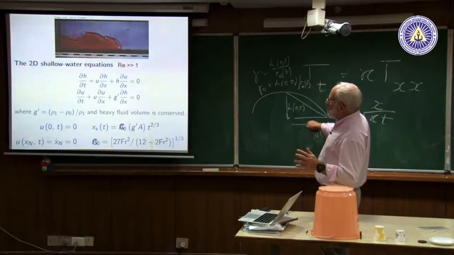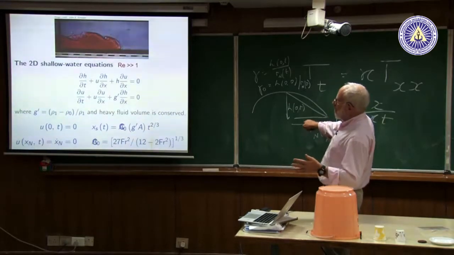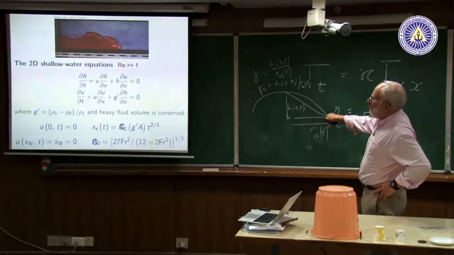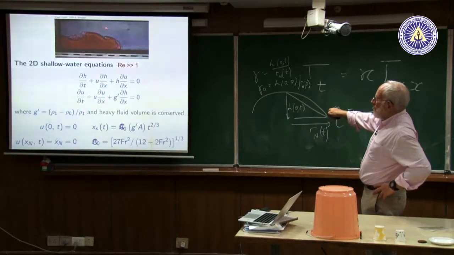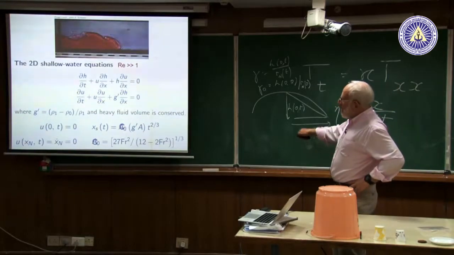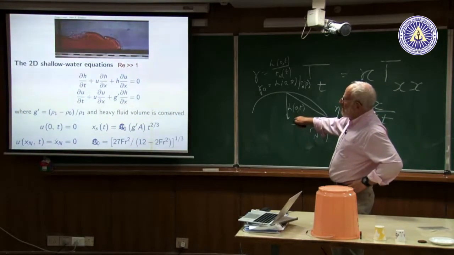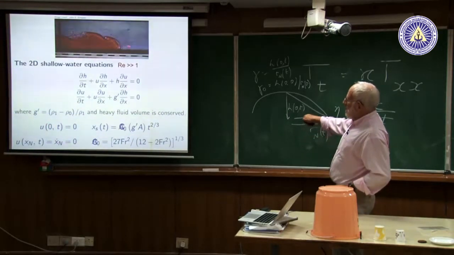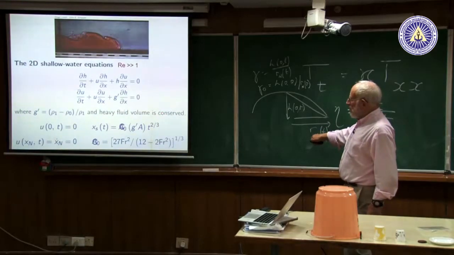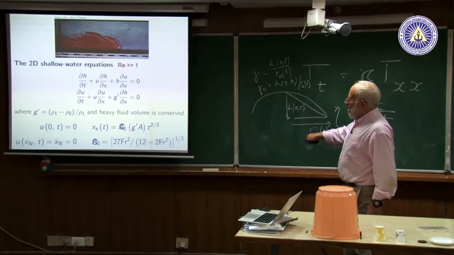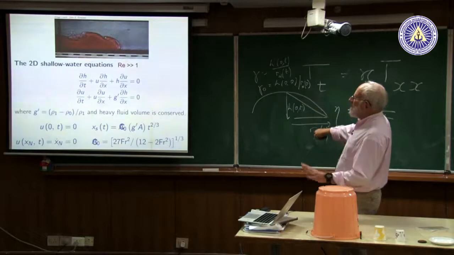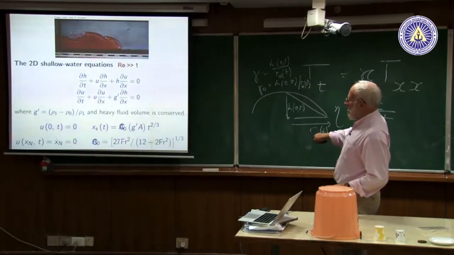So these are the equations, nonlinear equations, and I'll just write them down here. Shallow water equations, all two-dimensional to make it easier. G prime as before, the difference in density between this heavy fluid that's spreading out and this light fluid over which it's spreading. Initially, it's always got zero velocity at the wall here, and you can get a similarity solution that says that it propagates like t to the 2/3 with G prime A and some constant here, which is in terms of the Froude number, the condition at the front here. There is some condition at the front, and we'll talk about that later.